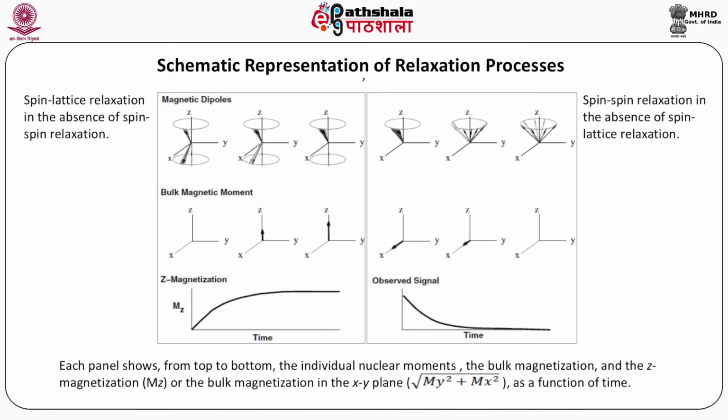In the right part, what you see is spin-spin relaxation in the absence of spin-lattice relaxation. So, when the pulse is applied, the magnetization is highest in the transverse plane, and over a period of time this magnetization is lost, it becomes 0. Each panel shows from top to bottom the individual nuclear moments, the bulk magnetization and the Z magnetization, or the bulk magnetization in the xy plane, which is given as square root of My squared plus Mx squared,